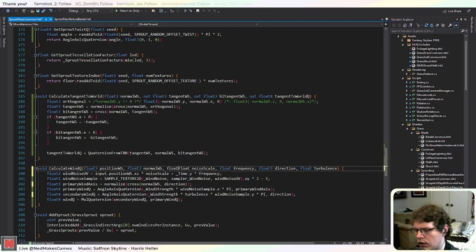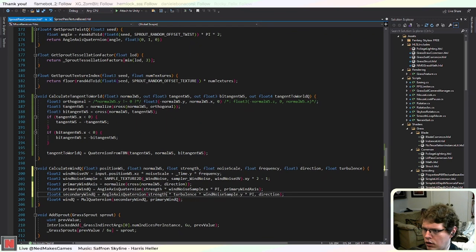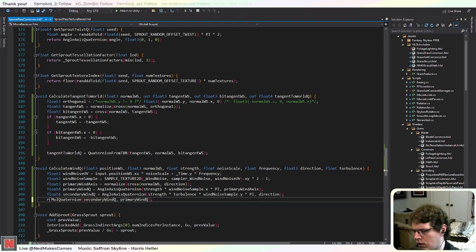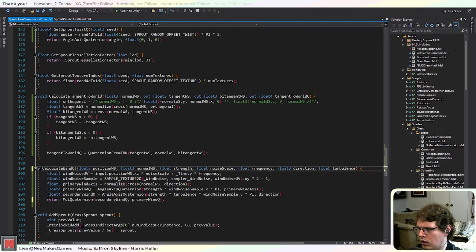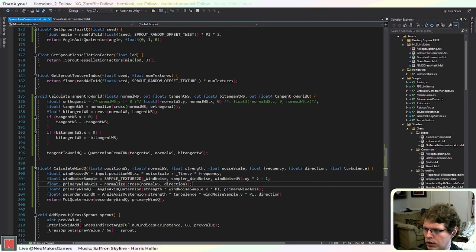Oh, I also forgot the strength. Okay, yeah, since we have so many arguments, it might be better to change this to like a structure, but